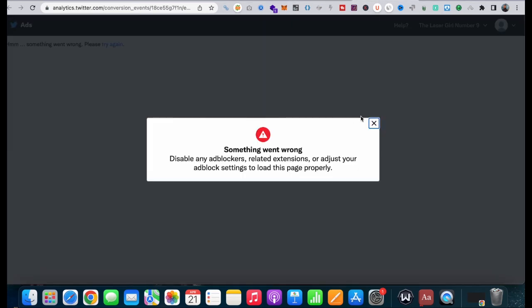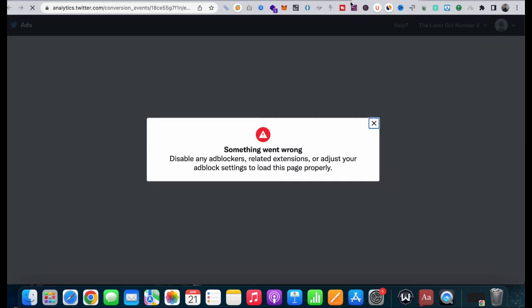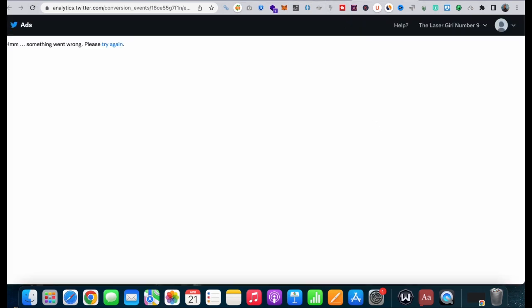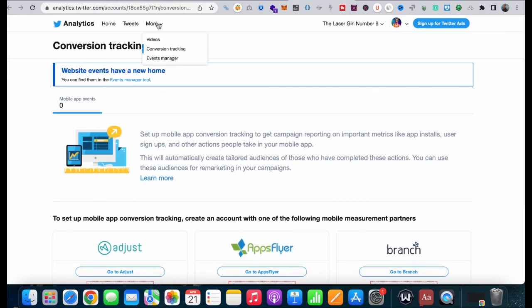And you can set events for your websites too. I don't know what happened here, but oh, okay, I have some ad blocker, that's why, so I'll check it later. But these two options here, conversion tracking and event manager, are not in the scope of this video, but maybe I'll